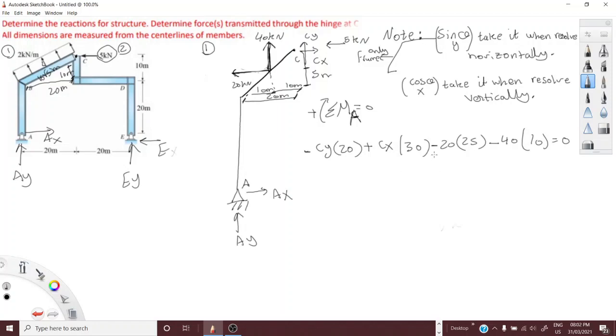Let's do it in calculator. Minus 20 times 25 minus 40 times 10. So our answer will be negative 20 Cy plus 30 Cx equal to 900. So this is our equation 1. Let's do the other part. Disconnect with the other part. So when I do disconnect, sorry guys,